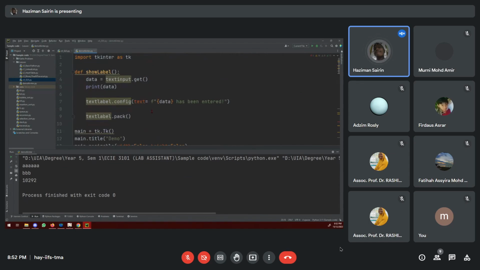Is there any question before I demonstrate this by doing a simple addition calculator? Is there any question? Any question so far? No question? If no question,